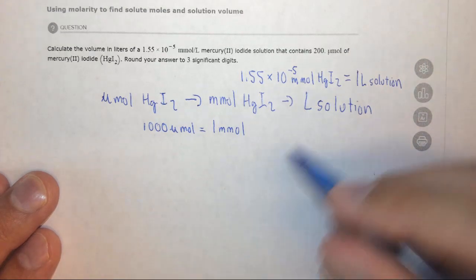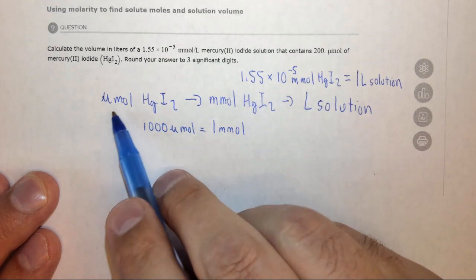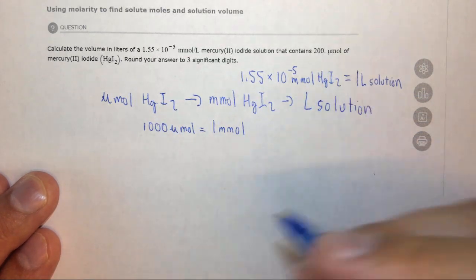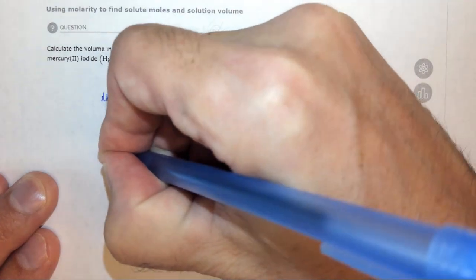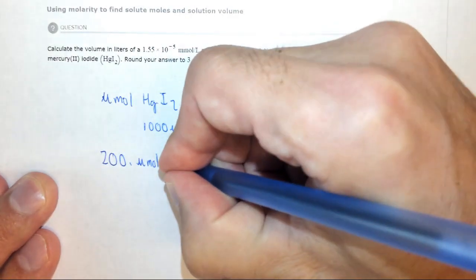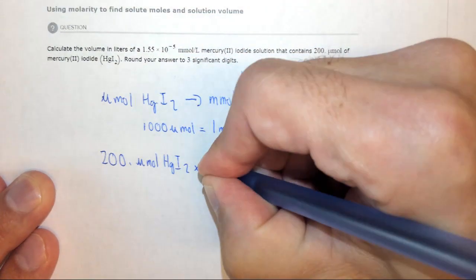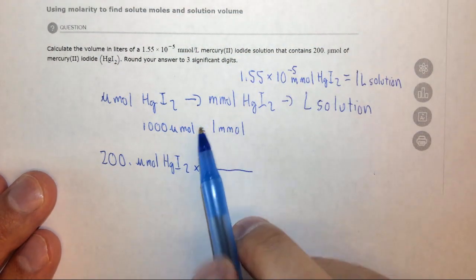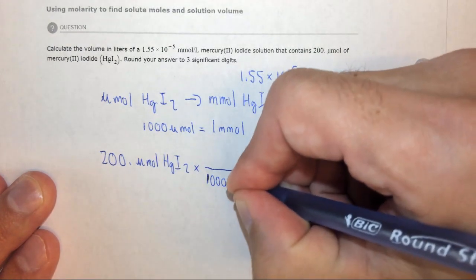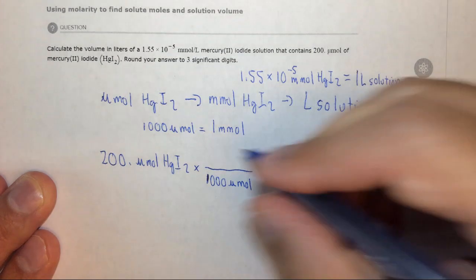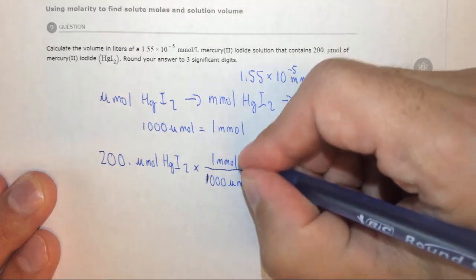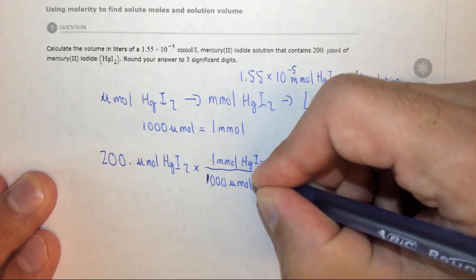So let's start here. First of all, micromoles of HgI2 is 200, because that's what the problem says. So we have 200 micromoles of HgI2 times. We want to convert this to millimoles. Well, we want micromoles to cancel out. So we put our 1,000 micromoles on the bottom, 1 millimole on the top, and I'm just going to label these as HgI2 for both of them,